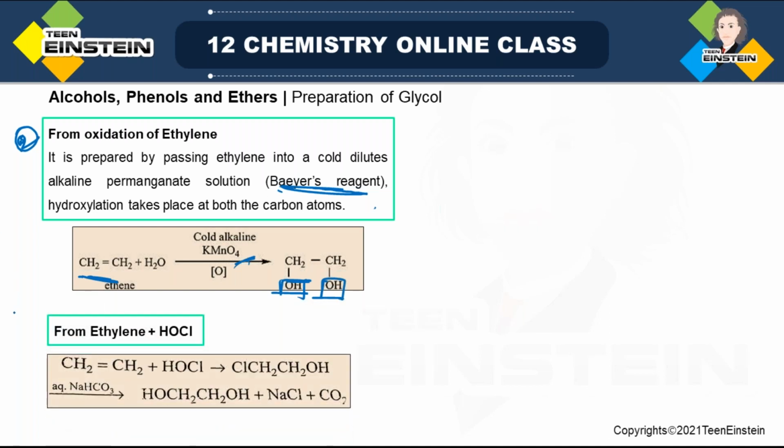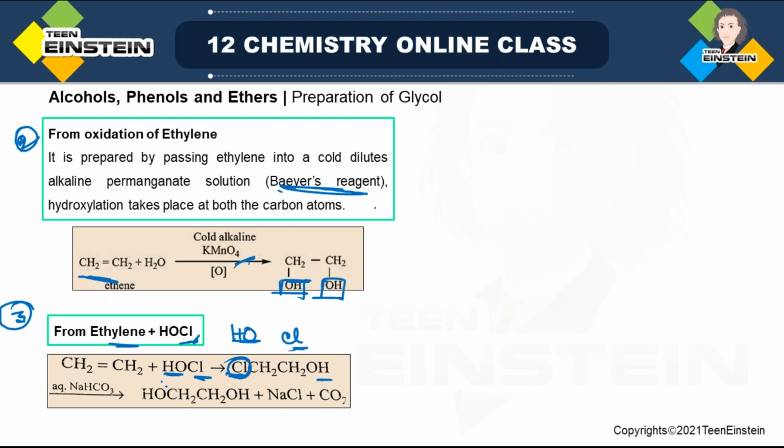Third method. Again, we have taken ethylene, but another reagent is HOCl. So HOCl, you can consider as if it is HO and Cl. So these two fragments are now added to the two individual carbons. So first we are getting this type of molecule, but finally when it is treated with aqueous sodium bicarbonate, Cl